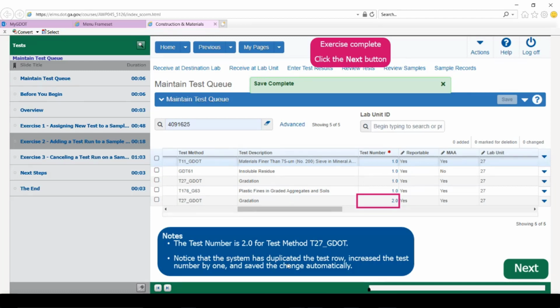We'll see in a split test down the road that after the decimal, it may have 1 or 2 indicating the number of splits, but I'm getting a little bit ahead of things. I just want to let you know that that is a feature that will show up later.